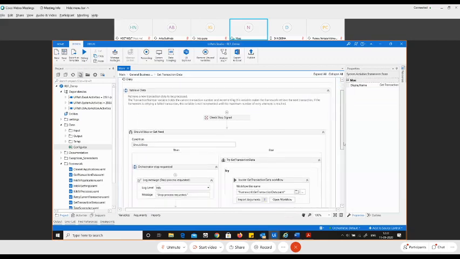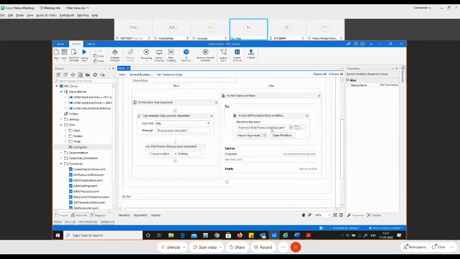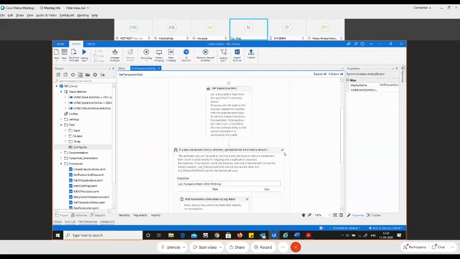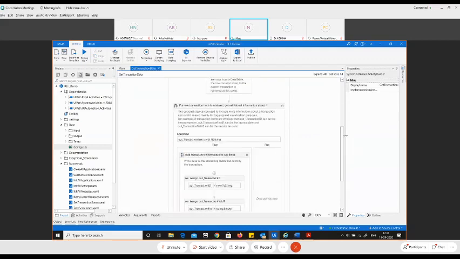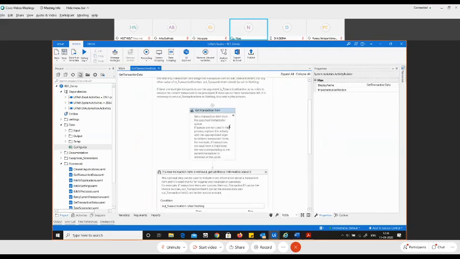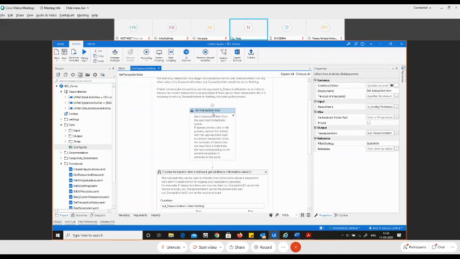So over here, if you see, we have a workflow that is get transaction data. Let me open the get transaction data and I'll tell you what we are supposed to do over here. If you see over here in the get transaction, we are using the get transaction item. If you remember, it's the queue activity that we are using. So it's like taking or fetching a value from the queue.